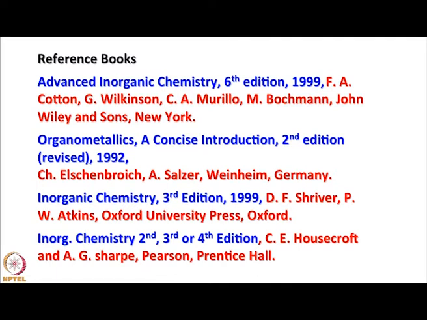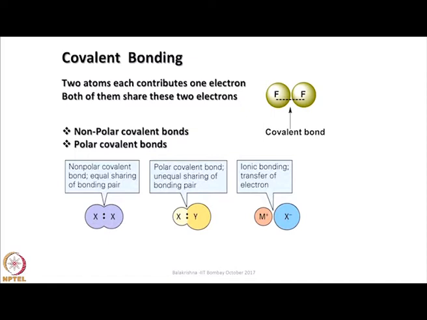Let me begin with covalent bonding. The bonding concept is very important whether we consider main group chemistry or transition metal chemistry, and we should be able to distinguish between the types of bonds we come across in a molecule. For example, in F-F a covalent bond is there, and a covalent bond can be non-polar or polar. Non-polar covalent bonds are very stable, and if you want to do any reaction with such molecules, we have to first polarize it and make it a polar covalent bond, and only then does the reaction happen.